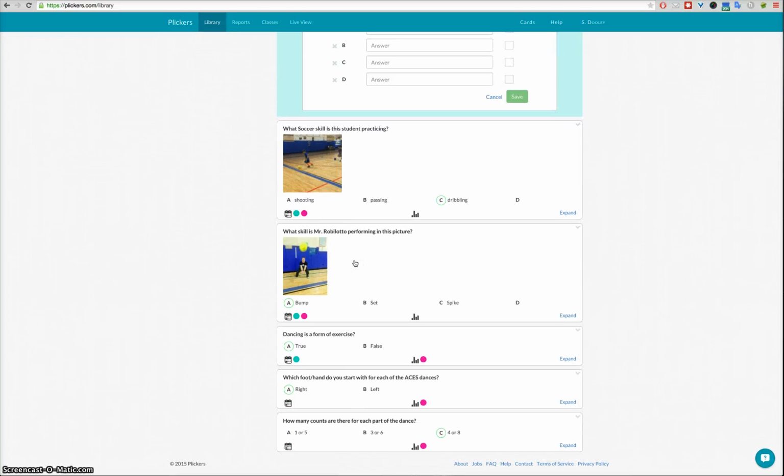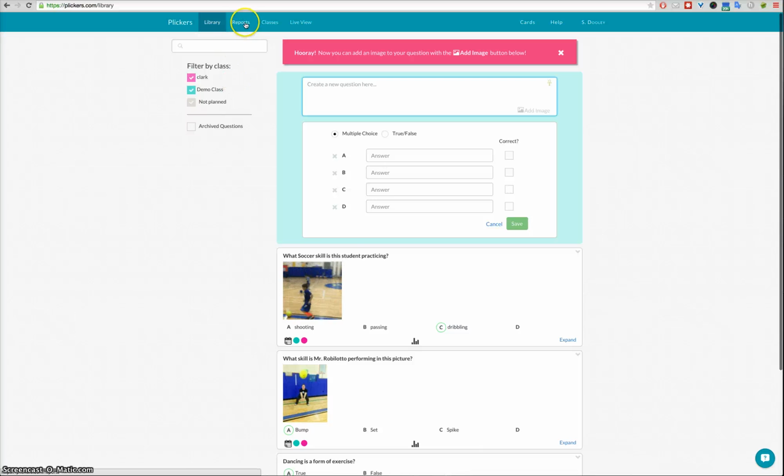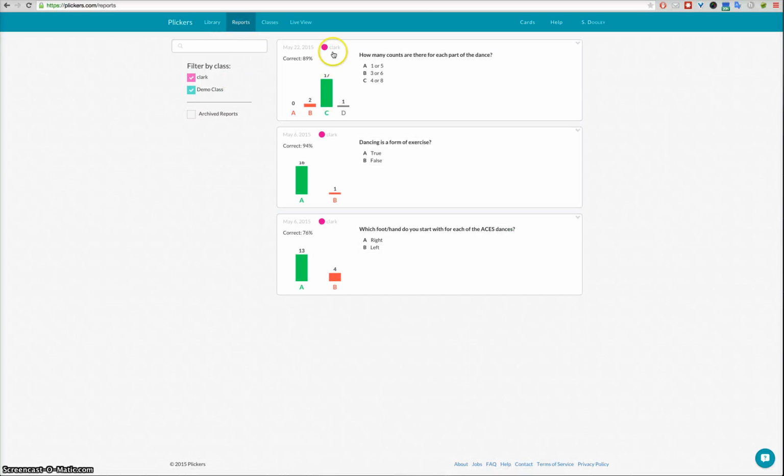Now, the only problem with plickers is you can't group these questions into categories. So I couldn't group this into like soccer questions, and this one into volleyball, and the ones down here into dance, which is unfortunate. From there, you can go to reports, and you'll see that these are the classes that